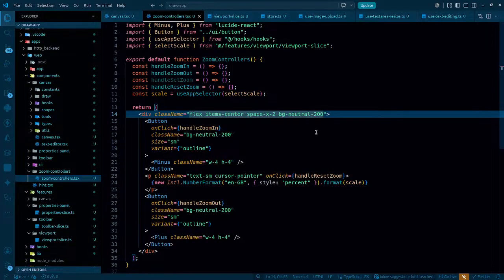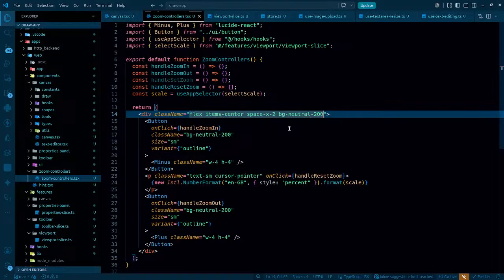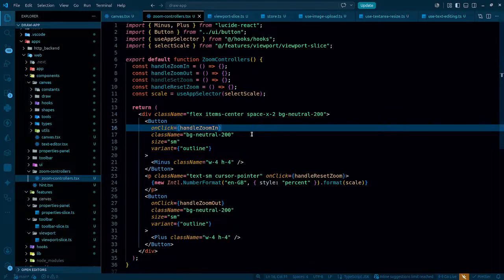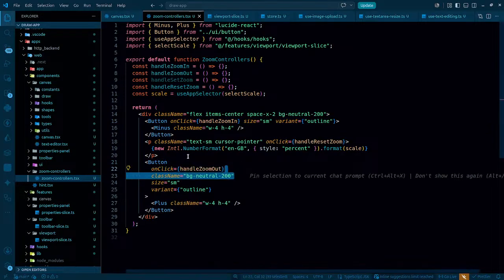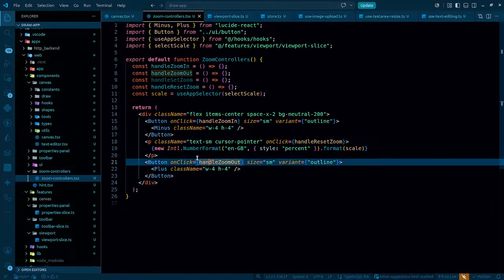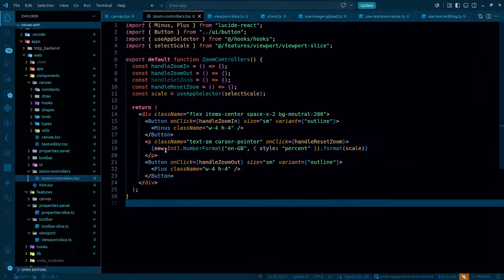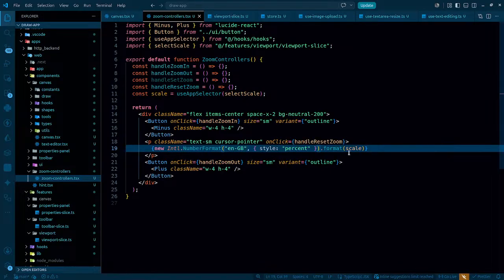Okay, this is better. Even when it comes to this, until you hover over them, they look exactly the same. So even if I'm going with this, that's not bad either. Having said that, I gotta change many things, so this needs to be changed. The class name needs to be changed. I thought it would be easier to just copy and paste the code, but it turns out it's not like that. New number format in GB. What does this mean? The scale that I have